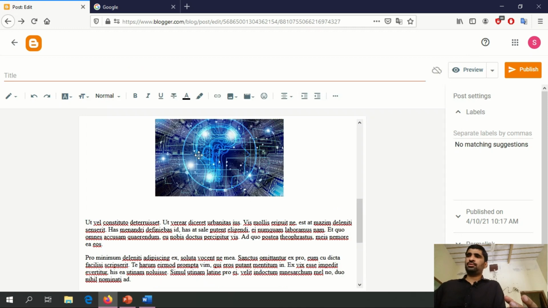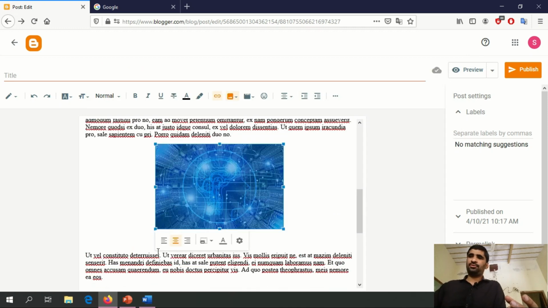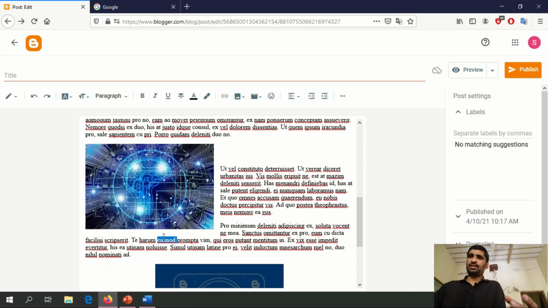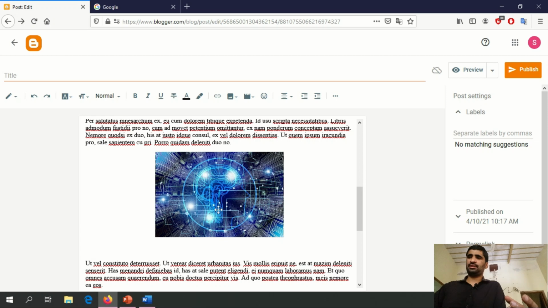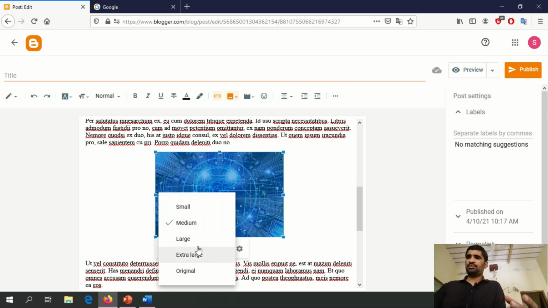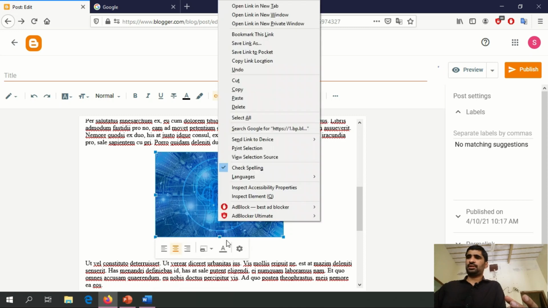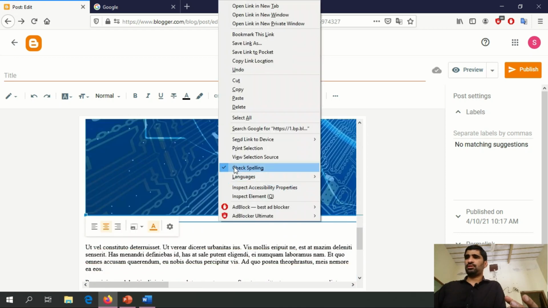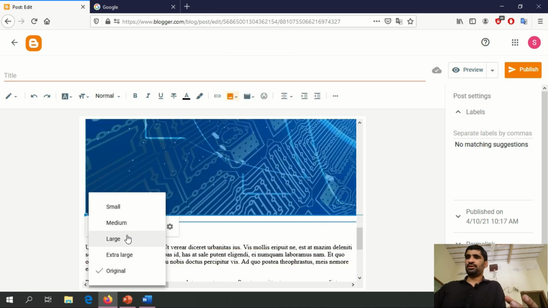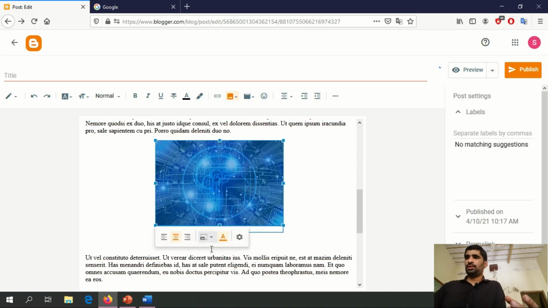Okay, so when we select the image, you see here either you want the image aligned left, aligned right, or in the center. I'm putting this one in the center. Or what kind of image size you want: original, extra large, large, medium or small. If I select original, then it shows this. You see this is the original size, but I'm not interested in the original size. I say medium, and you can change the caption.